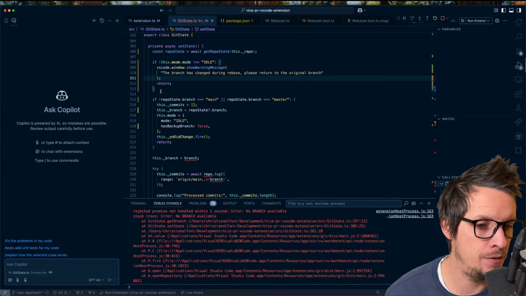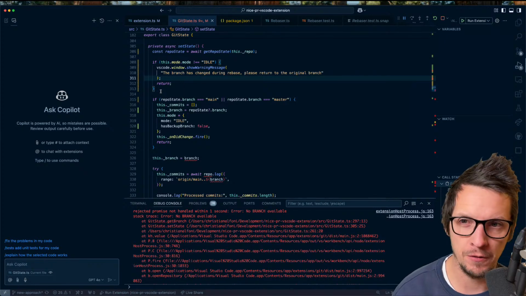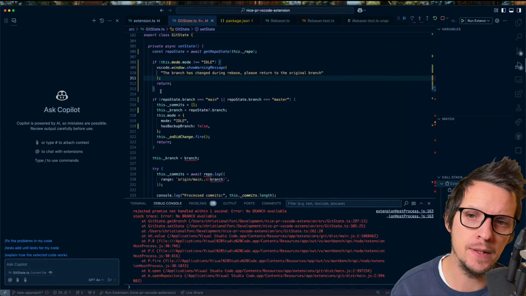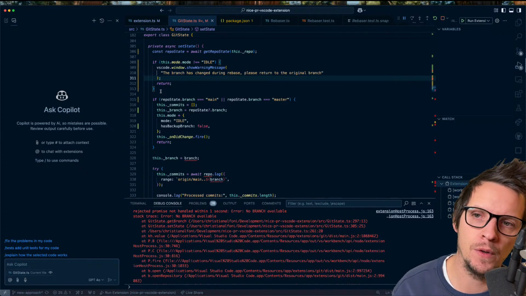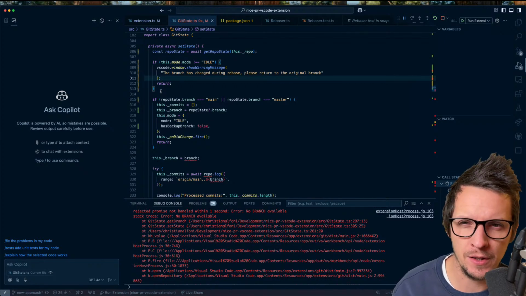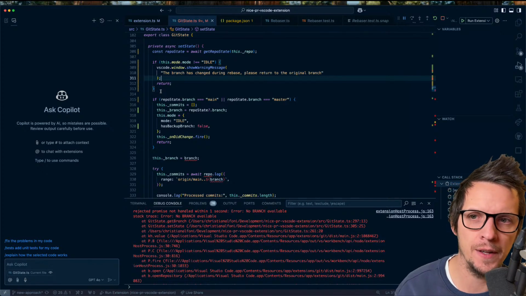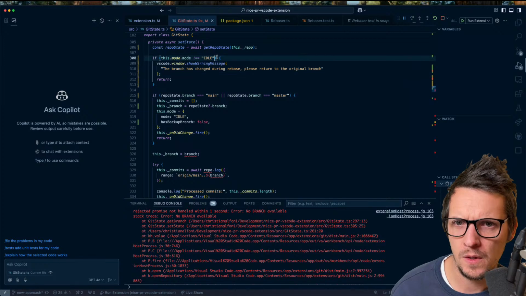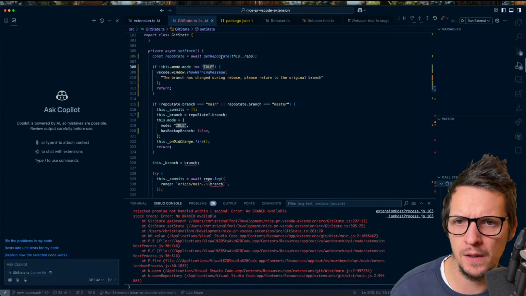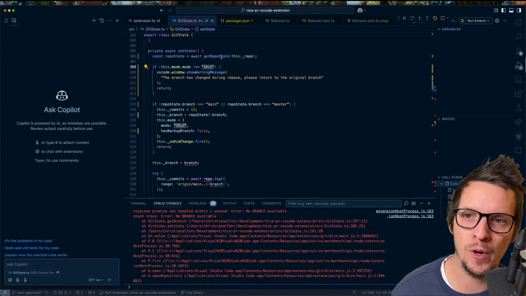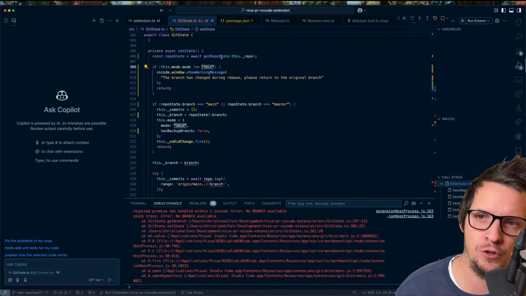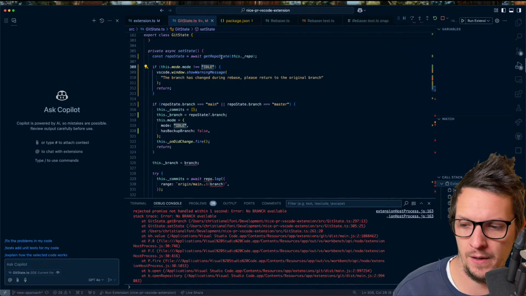What do we actually want to do here? So if for some reason you start rebasing and then you move away from the extension because you didn't want to do it anyways, and then you just go in the terminal and you change the branch, and then suddenly you get this message. That's not good either. You know what? I think we're just gonna reset it. Well, that's also the problem. But what if it happens if the extension is actually open? Then you want to choose if you want to